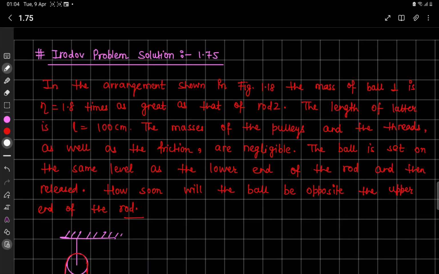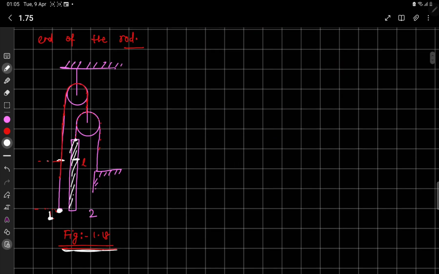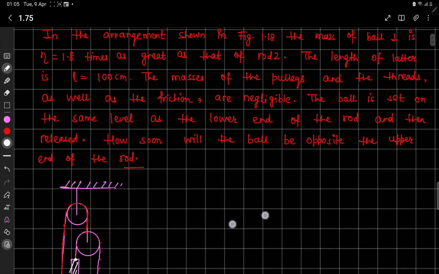Hello everyone. In this video, we are going to solve problem number 1.75 from Irodov, which is related to dynamics. Let us first understand the problem and then we will solve it step by step. In the arrangement shown in figure 1.18,